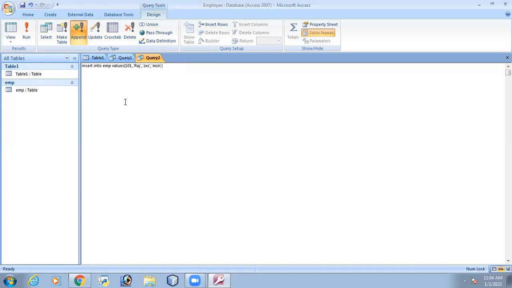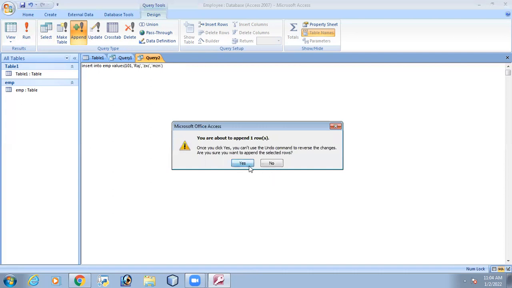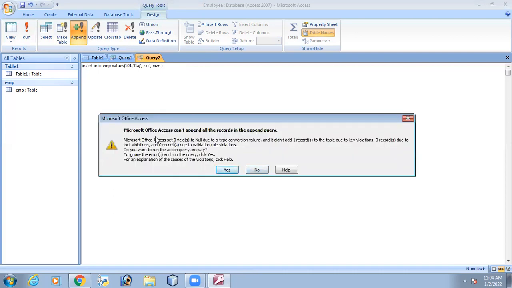Now see, because I already applied primary key on ID, I am repeating this 101. So when I run here, it will show you an error. See here, Microsoft Access cannot append all the records in the append query because this is a duplicate value.